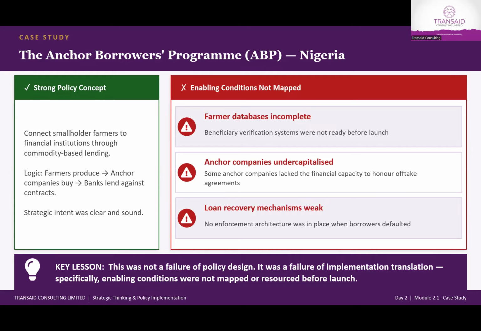Now, what was the strategic intent of this Anchor Borrowers Program? It's essentially a matchmaking and resource sharing scheme designed to make Nigeria self-sufficient in food, especially rice. The farmer has the land, but doesn't have money for high quality seed or fertilizer. On the other hand, there are processing companies, called the Anchor, that need thousands of tons of grain every month to stay in business.